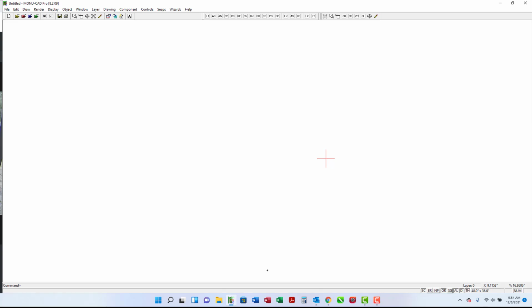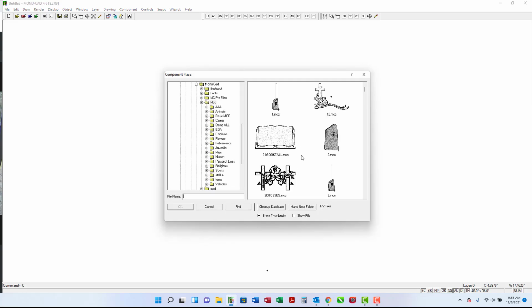Today on Fun with Monu-Cad, we're going to look at the thumbnail and database options. If you have those options, they're very handy. You can search for anything, look for things. What we're going to do here is a component place, and we can see our MCC